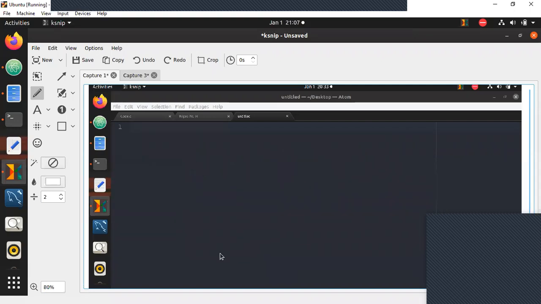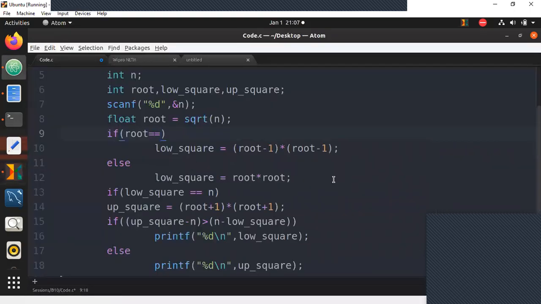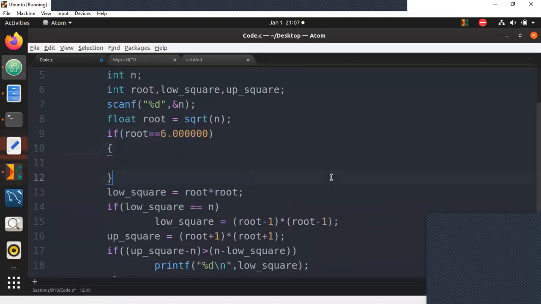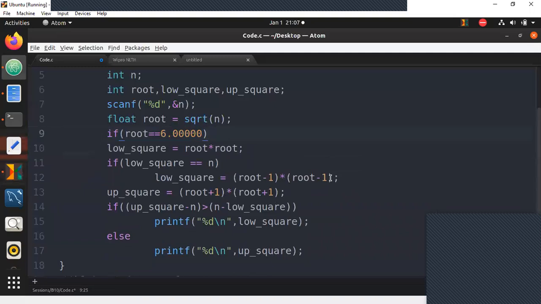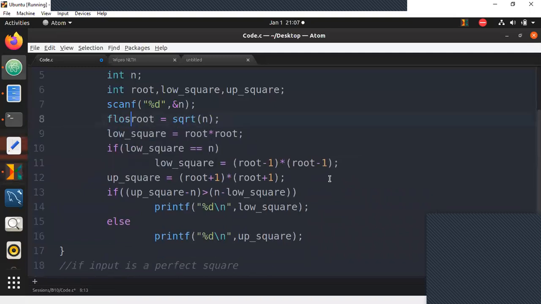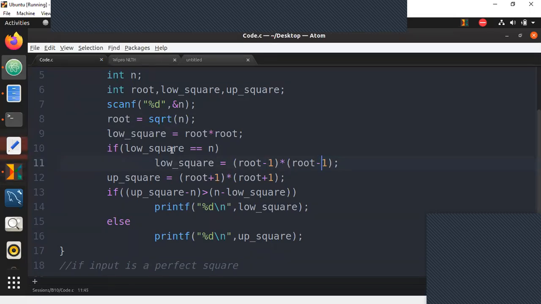Those who have gone through our sessions have seen that we never compared float and float like that in C. I told you the difference and what exactly happens whenever we compare a float to a float value. I hope you remember the problems we did long ago. But for those who don't, just remember, float and float comparisons are very difficult to do. It's better to just do this.